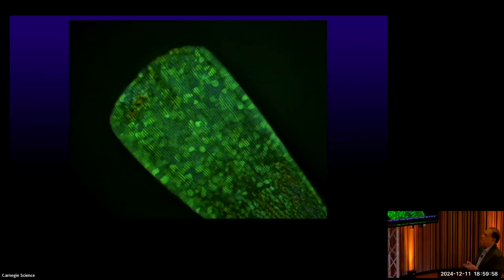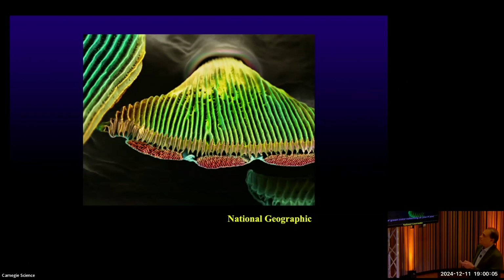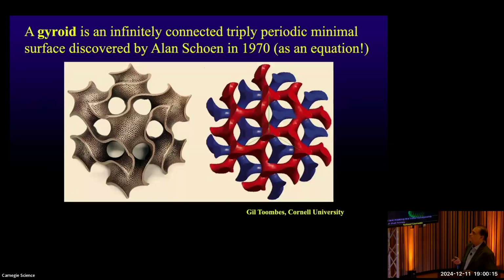So if you zoom in on one of their scales, they look like they have these facets of green color reflecting at you. If you break open one of these scales and look in the EM, it's not the ridges here that are making the color, it's this honeycomb material that's down inside. But that honeycomb has a very particular shape to it. It's called a gyroid. This is a really fun story. So in 1970, there was a mathematician named Alan, and he came up with a mathematical equation that defines a triply periodic, infinitely curved surface that divides space into two non-overlapping domains.